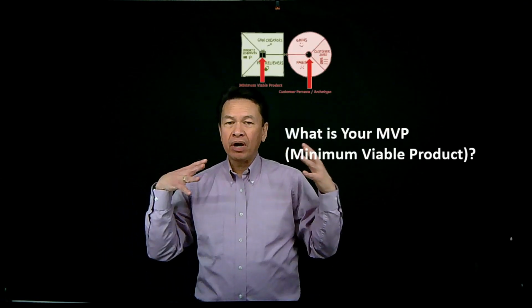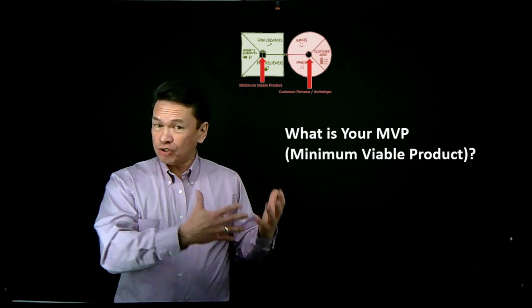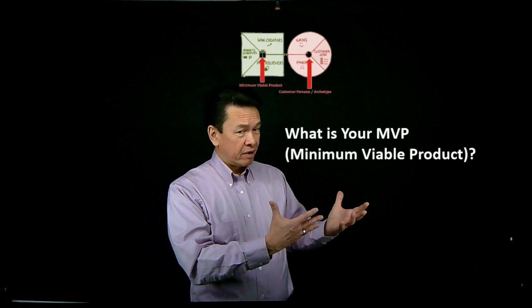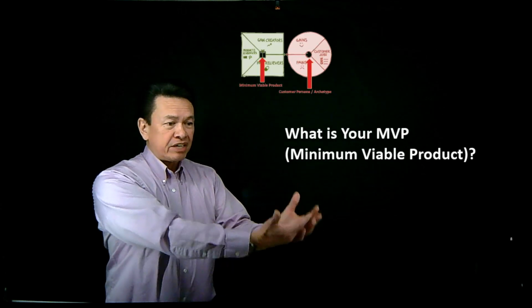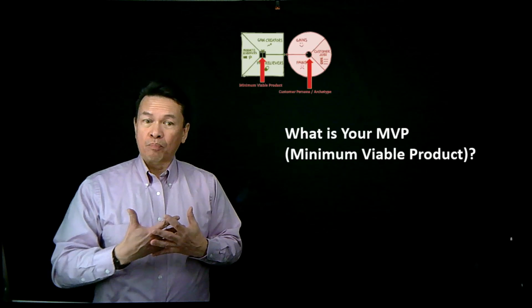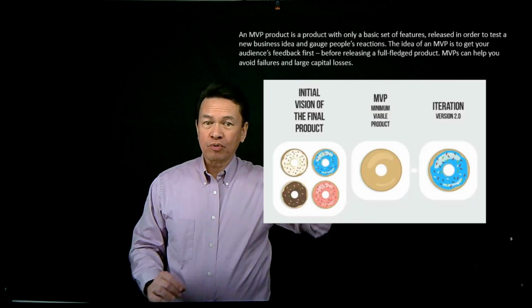So what I want you to think about with a minimum viable product is what is the minimum set of features or services that you can offer that basically alleviates a problem, so that they would buy your product, okay? And I think it's best told through some stories, but let's start with this one.